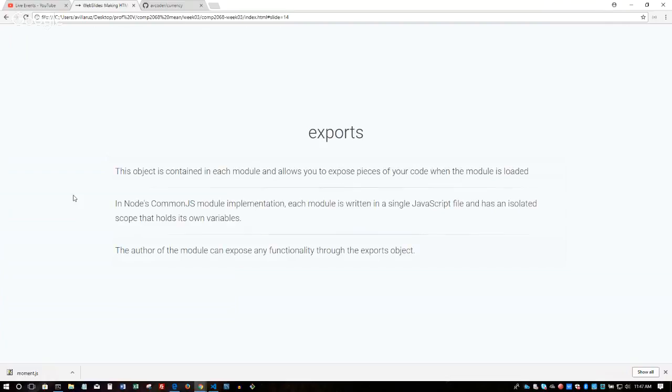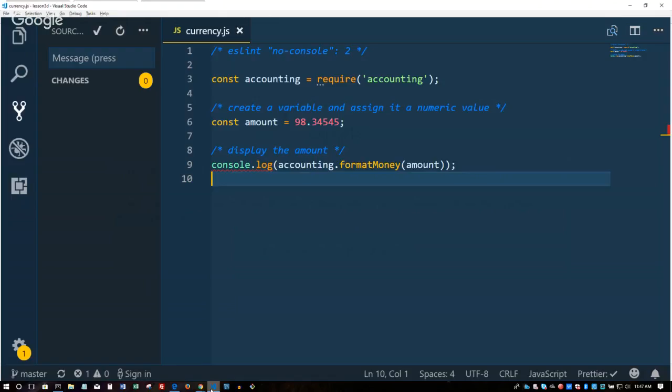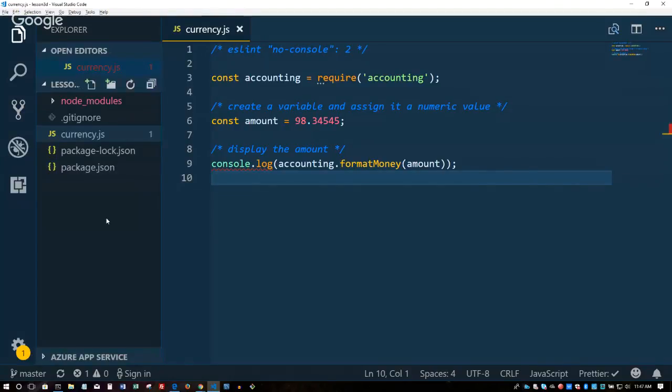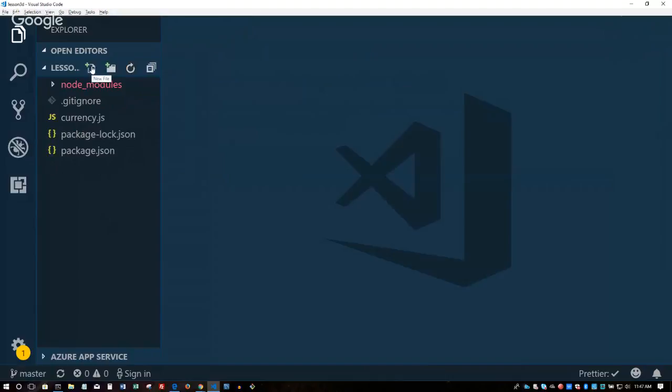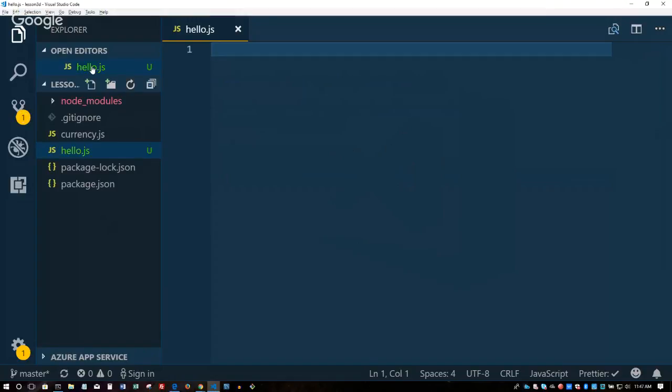Okay, great. Let's do this. So go to your files, and this time we'll create a new file. Let's close this up. Let's create a new file called hello.js. Right, so hello.js, and we're just going to make it very basic. We are going to say const message equals hello world.